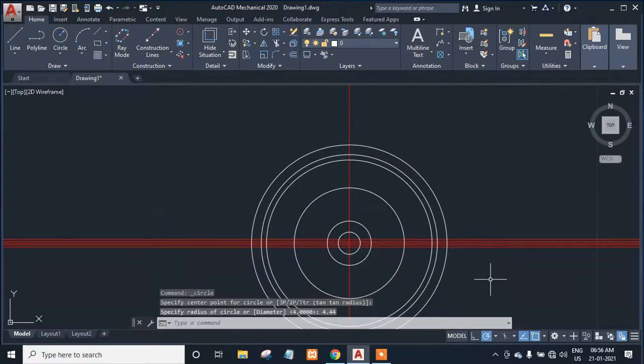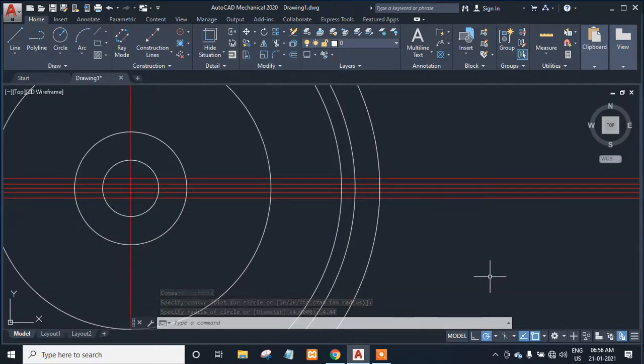Okay, now we drew all the circles and we have to draw the teeth.